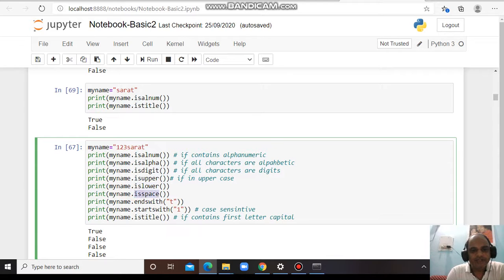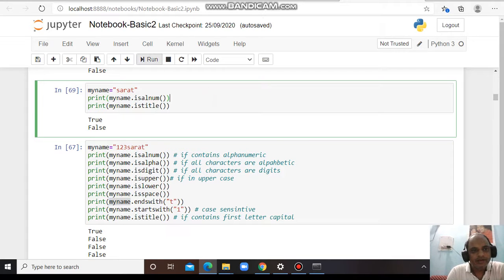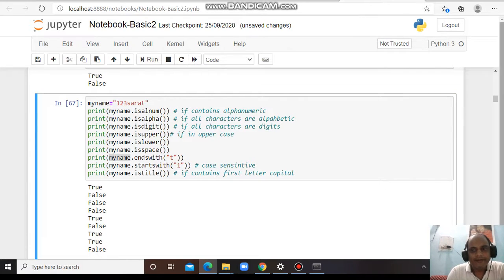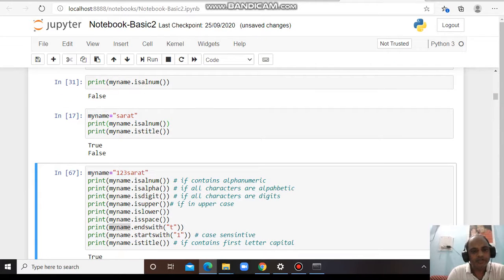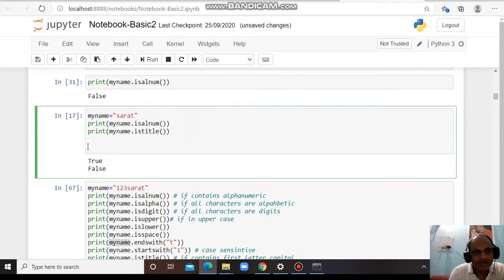Is space: if you want to check whether a string contains a space or not, you can use this inbuilt function. This is the variable name, my name, which contains a string, then dot. For example, just to show one thing, how many functions are there, you can check by typing the variable my name, then dot, then pressing tab.